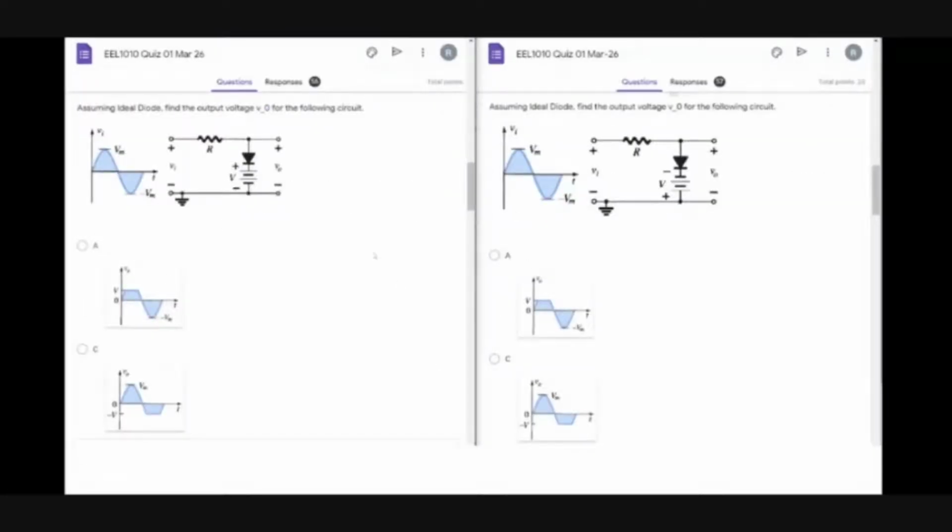This is another question type where you can have images as options. So on the face of it, these two look absolutely identical. Options are already identical. I have cropped this image so you can't see options C and D. They are also images. They're also waveforms. But the question looks the same. The instruction is identical: you need to find the output voltage for the following circuit.